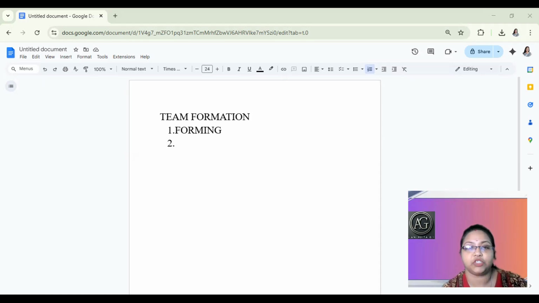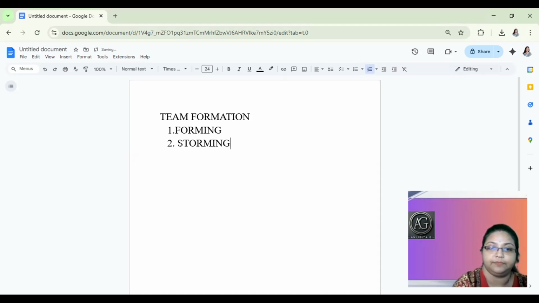Next will be the storming stage. In the storming stage, conflicts will surface: ego, power, work styles, all of that will come up amongst the team members.